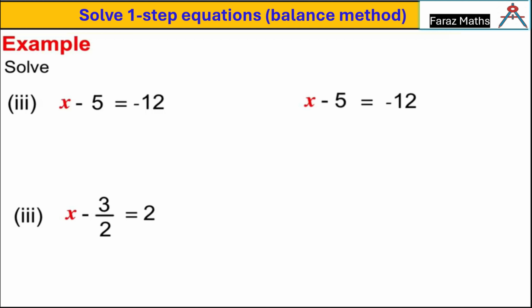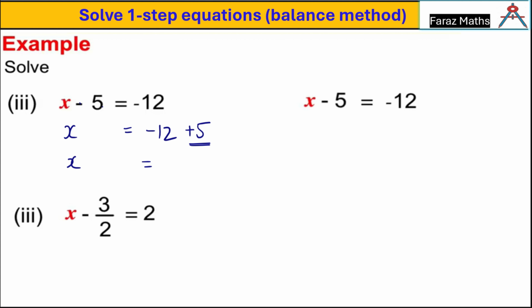Okay, coming to the next. Here we have x minus 5 equals negative 12. So x equals minus 12, and because I am seeing minus 5 there, I'll make it plus 5. Make sure you understand what we are doing here: we are adding 5 on both sides. I know that minus 5 plus 5 is 0, so that's why I'm not writing anything there. So the logic here: whenever you see a negative number on the left side, you have to use a positive number on the right side. And if you see a positive number on the left side, you have to make it negative on the right side.